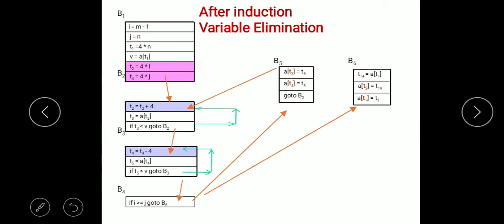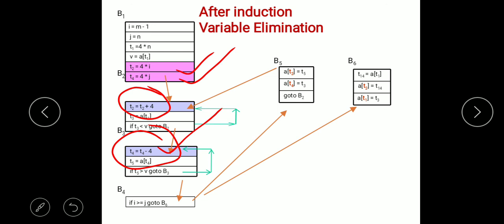We can place 4 into I for T2 and 4 into J for T4 in the previous basic block, and we can write T2 equals T2 plus 4, because the value of T2 is incremented by 4 for each change in I, and T4 equals T4 minus 4, because a decrement in J by 1 causes a decrement in T4 by 4.